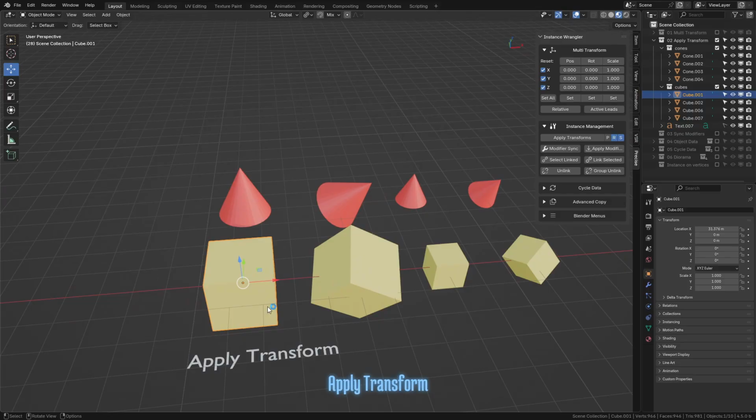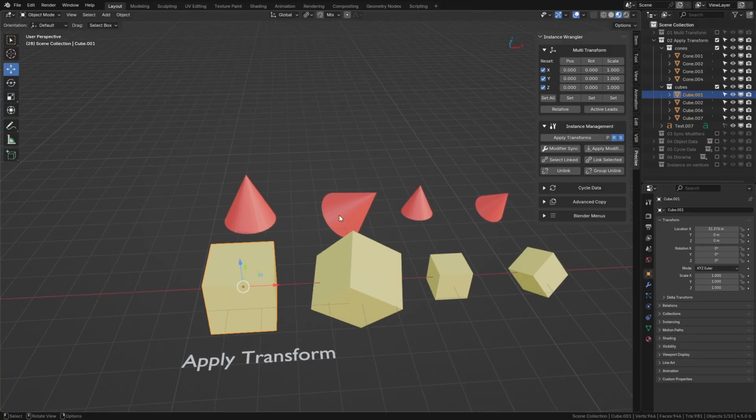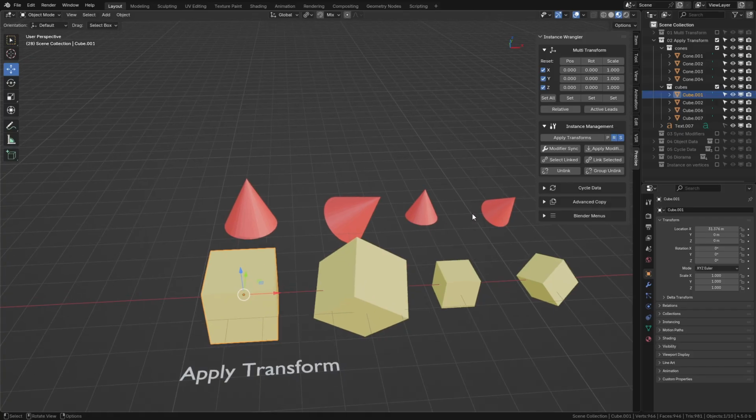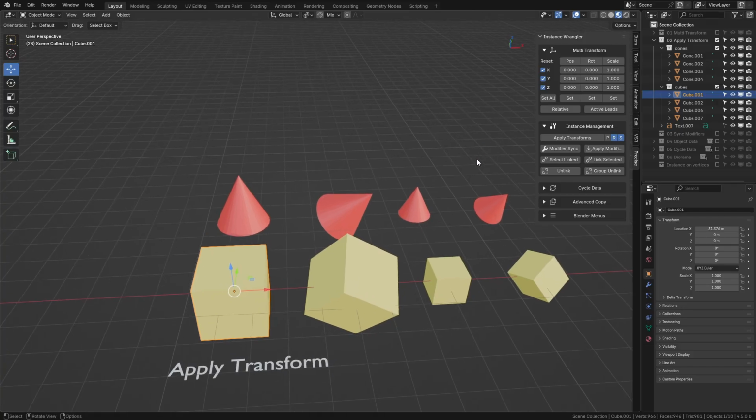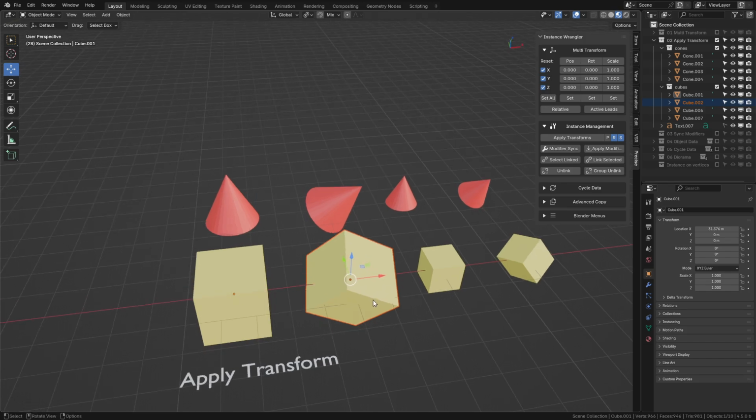Right, apply transforms. This one doesn't really demo in a very cool way. The result isn't that impressive unless you know the pain of dealing with instances and trying to apply their transforms. What exactly that means and the mechanics of it I'll dive into in a second, but let's first quickly demonstrate it. So right here we have this cube, which is the same cube as all these other